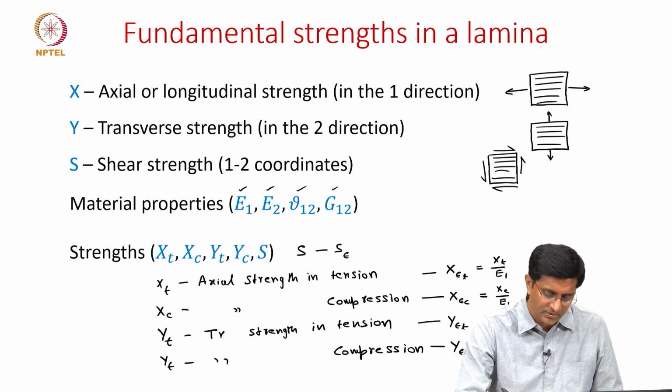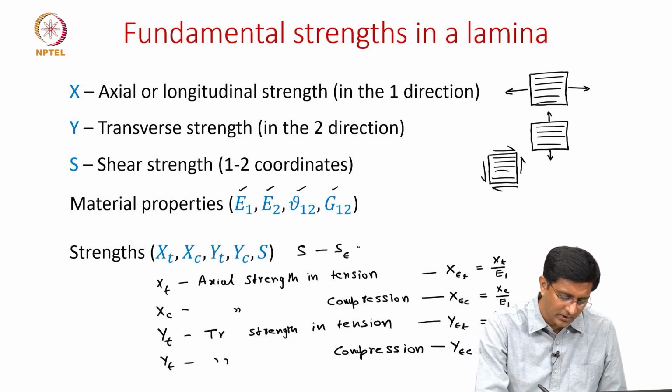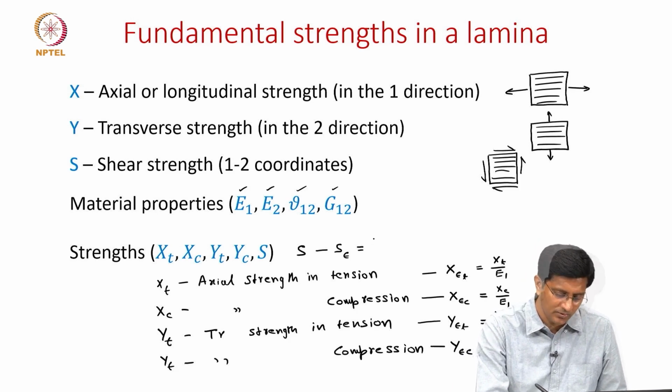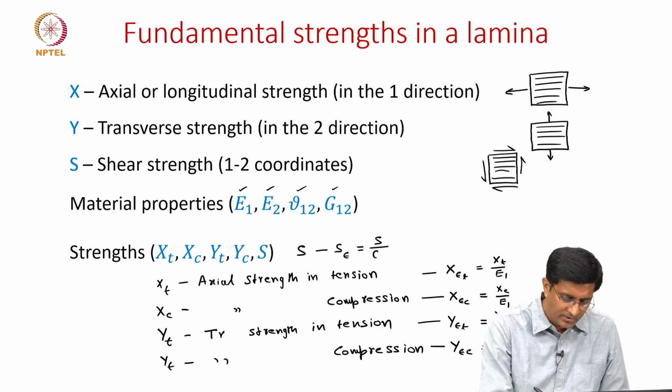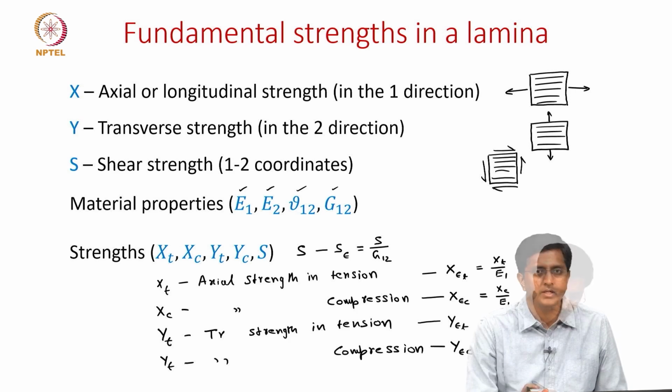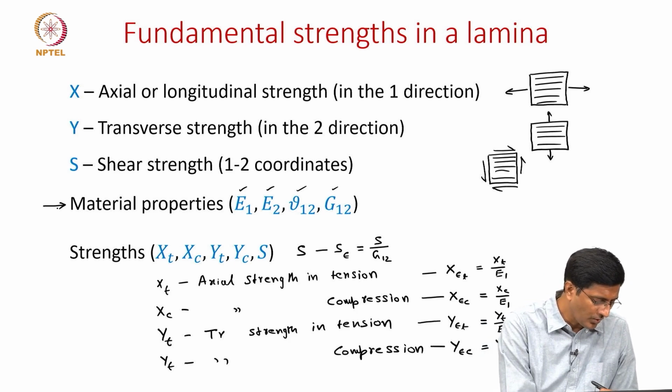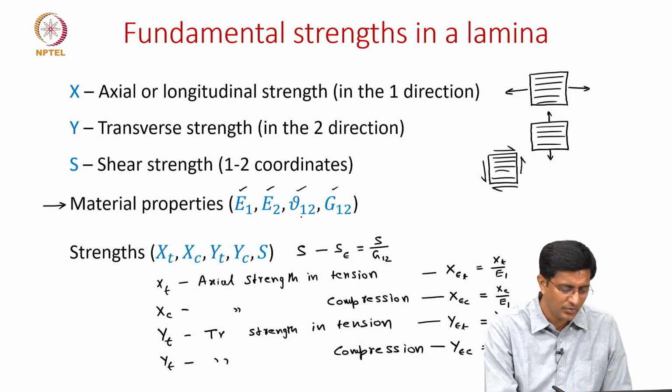For the transverse strains, we'll write it in terms of Yt by E2 and Yc by E2. And lastly, for the failure shear strain, we'll write it in terms of S by G1. In summary, what we have learned in this slide is, for stiffness, we use 4 elastic constants E1, E2, nu12